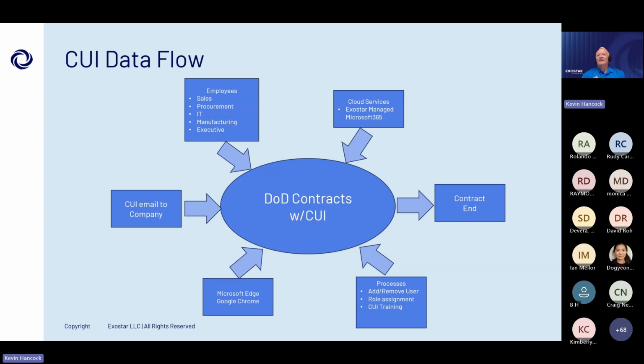Where do we do that? What kinds of systems do we have in place that touch that? Do I have not only, say, my sales team members or my shop floor employees? Do I also have some IT folks that may be part of my backup or disaster recovery administration, which have rights to those files? How do I remove users? How do I add users to these systems? How do I determine who has rights to these systems? All these kinds of things will help you set that boundary and tell you what the boundary of